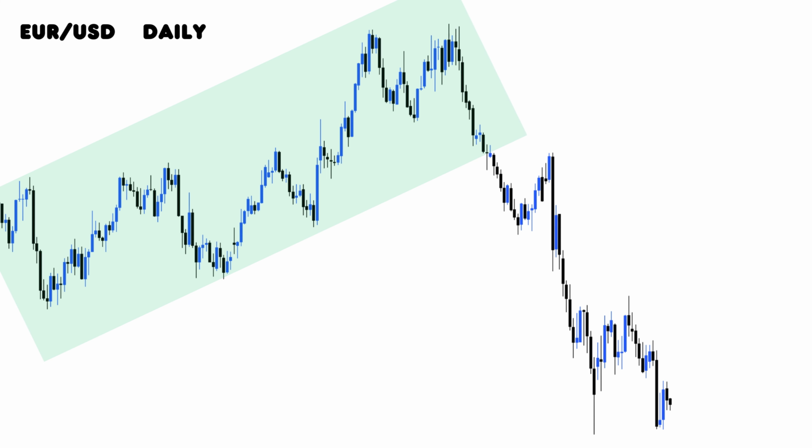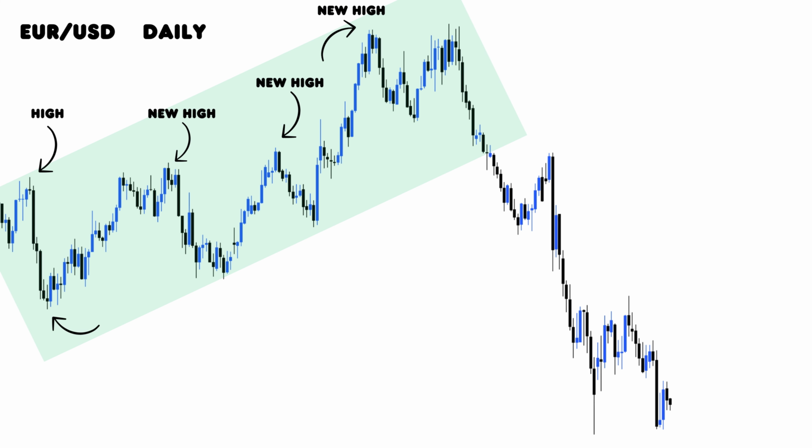Why? Because as you may have noticed, the price is creating higher highs while maintaining its lows, and it isn't pulling back to the liquidity zones near the lows. For the price to be considered sideways, it would need to take out both the highs and lows while consolidating within a specific range for some time. That's why we're observing a slow upward movement here.